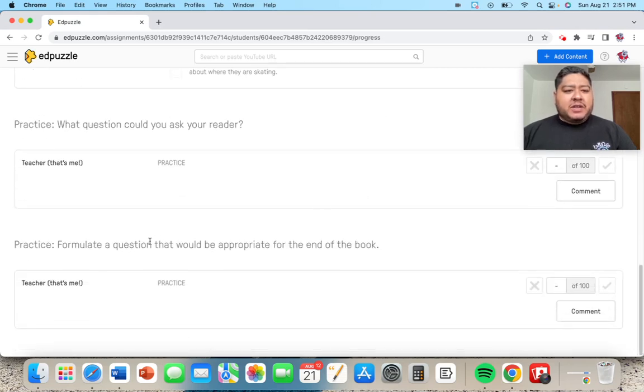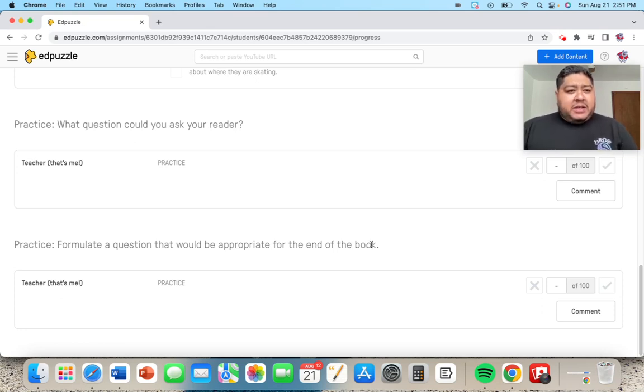For example, in this open-ended question that's asking the parent to formulate a question that would be appropriate for the end of the book, depending on what the parent writes, you're able to give them a score out of 100, and then even leave them a comment below, either to make a modification to their question or just leave feedback for them that would be helpful.